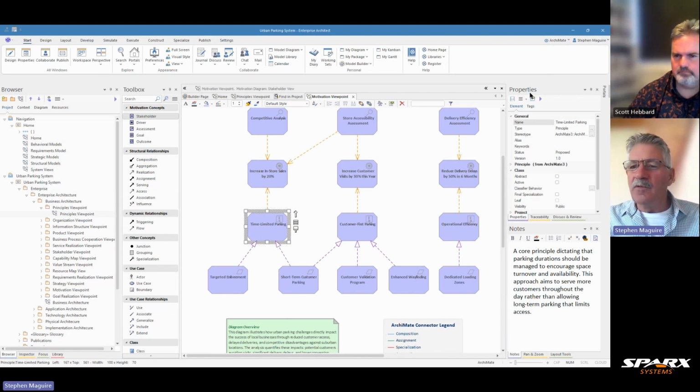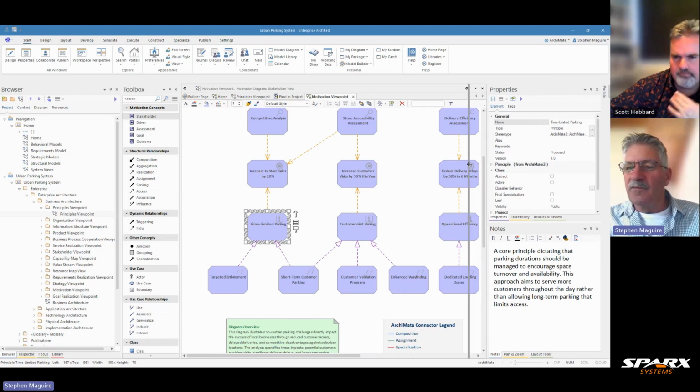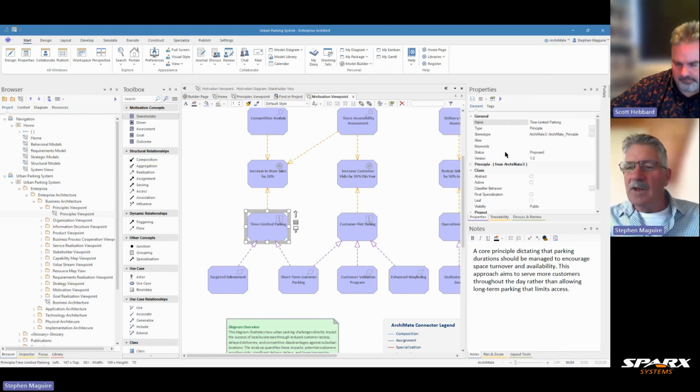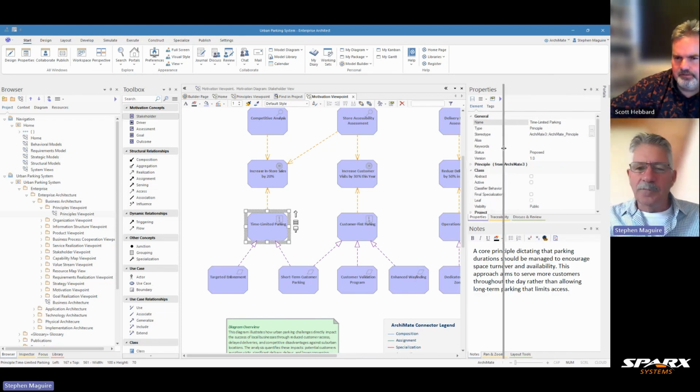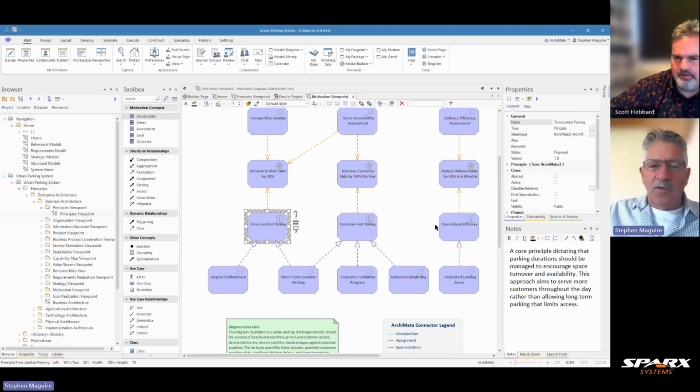and up in the properties window, Scott, under the general group there, you can see the type principle. Yeah. And it is an ArchiMate principle. If I just move that across, you can see that it's an ArchiMate 3 principle. So you can tell by this type and the stereotype. Yeah, exactly. So what we're going to do is to create this viewpoint, we're really just going to say, let's